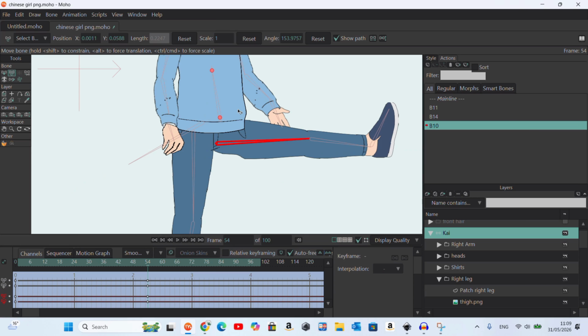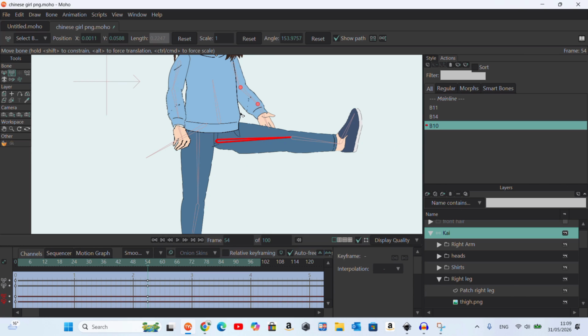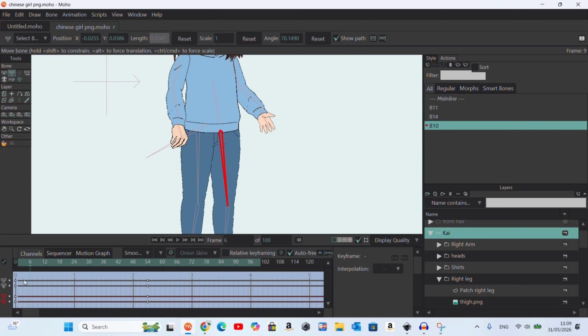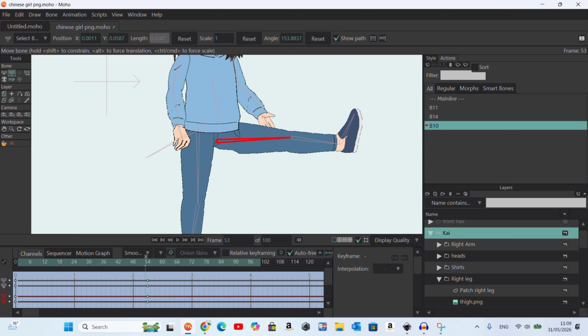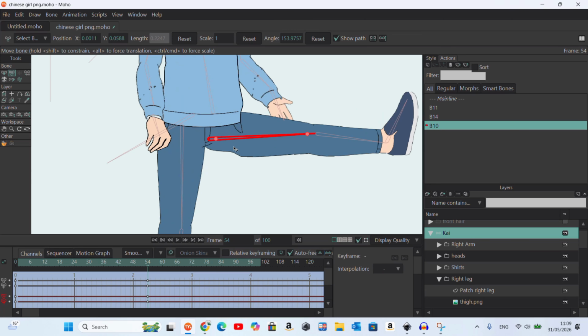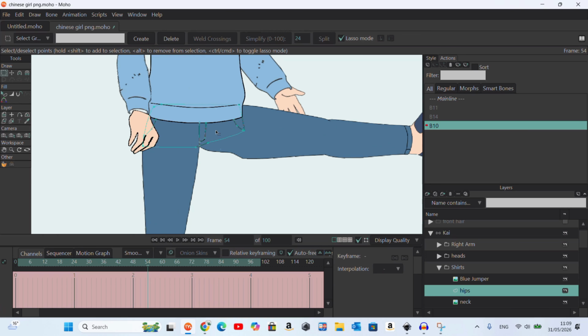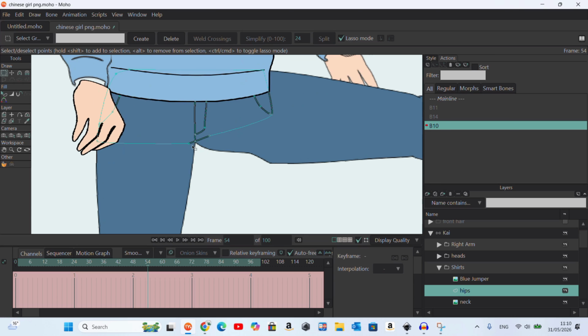Now we have got an issue because we are using PNG files. We cannot do anything with the shirt here, the jumper, because we cannot adjust this. Okay, anyway, we'll go back to that. Let's have a look. Now when I reach here, I'm going to Alt right click. You see it's highlighted, the hip here. Now I'm going to do a manual adjustment for this. Okay, so T,